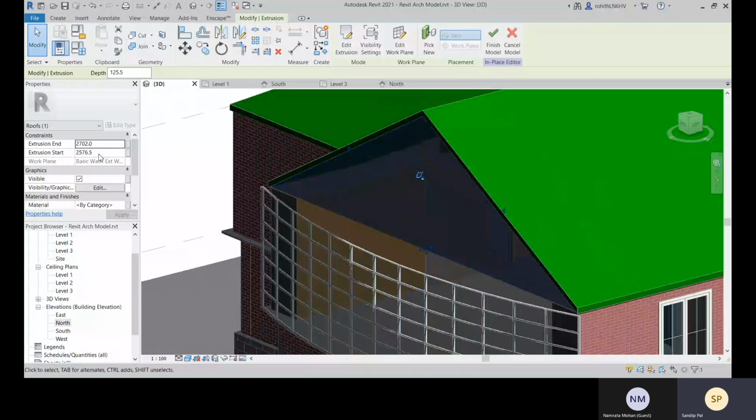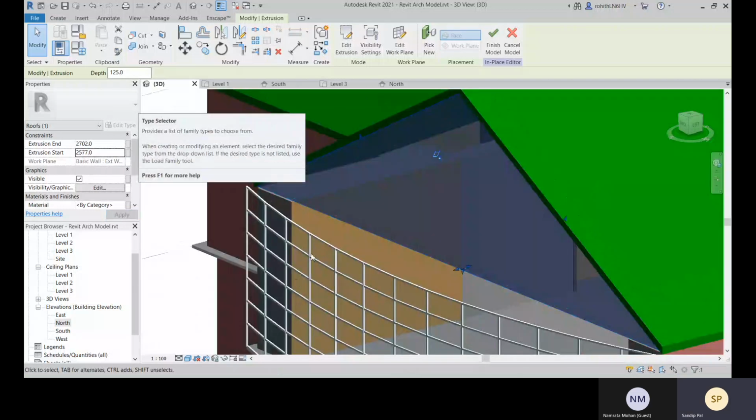All right, so the difference will define how much depth will be there. So you need 125. And it is perfect for now.